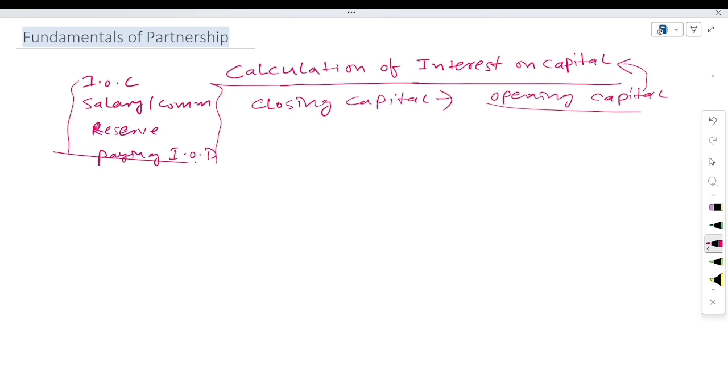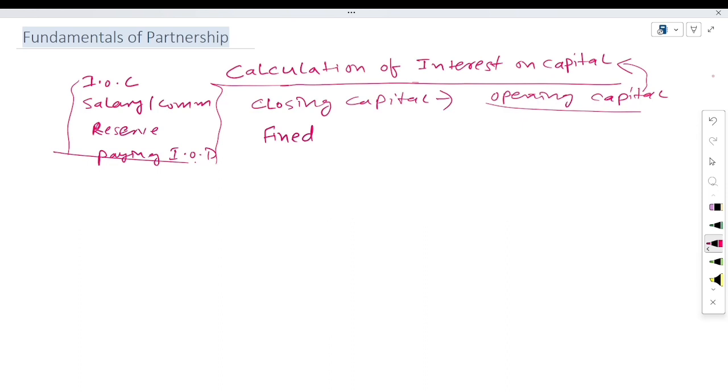Then what will we have to do? First of all we will have to calculate the opening capital, then after that we will calculate the interest on that capital. But in case of fixed capital, if the question mentions fixed capital method or fixed capital,